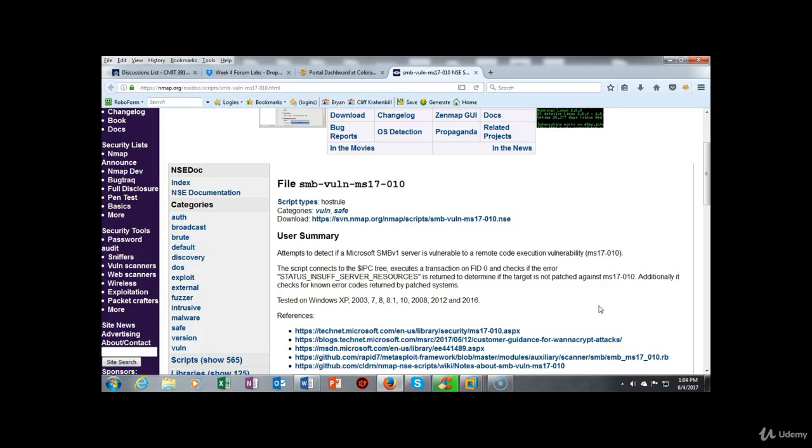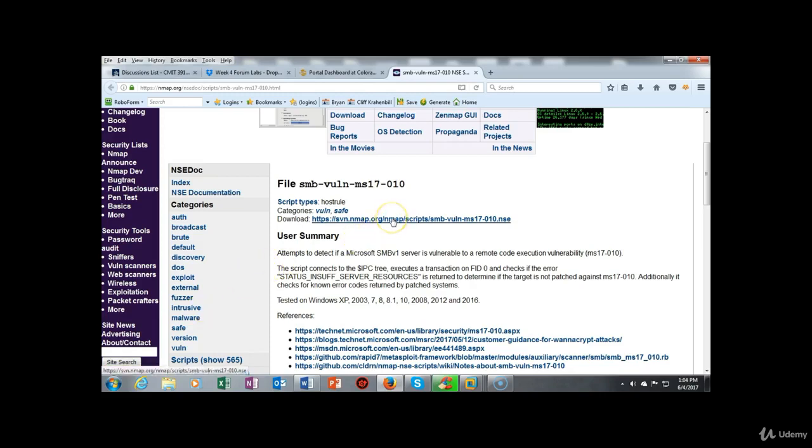So the first thing we're going to do is begin by locating this script, and then we're going to copy it to a text file inside of Kali, and then we're going to save it to the Nmap script folder. So inside the lab you do have the URL for the download of the script, and I've gone there,